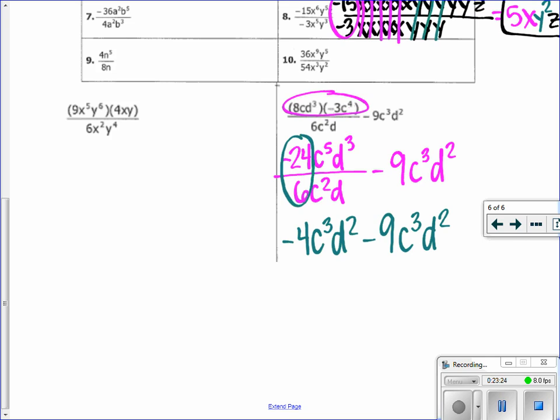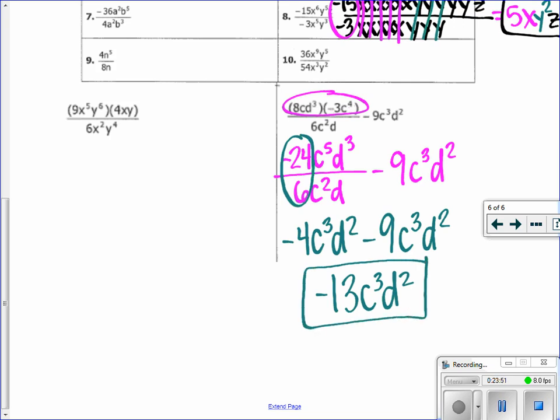Now, final step. If we can, subtraction and addition only happen if you have like terms. Are those 2 things like terms? Yes. They match for exponents with their variables. What do you mean which one do you keep? Combine the terms. Negative 4 and negative 9. Combine it. All right. So